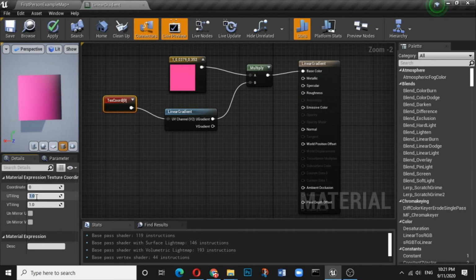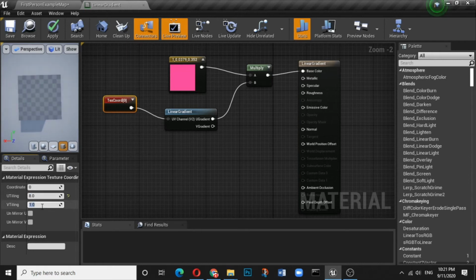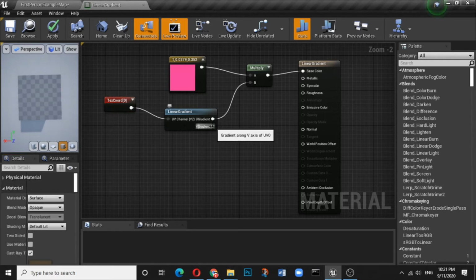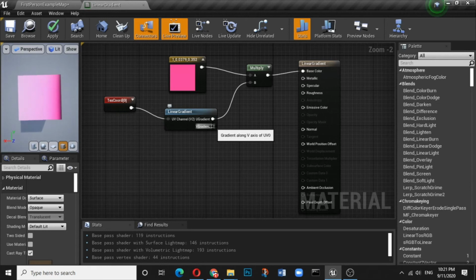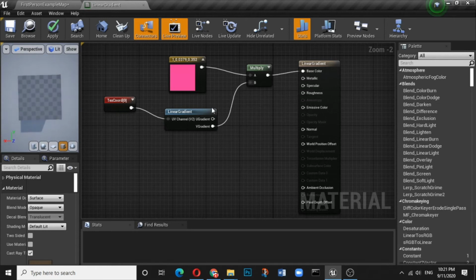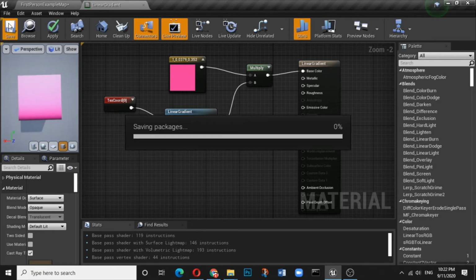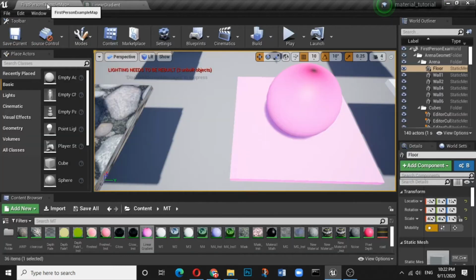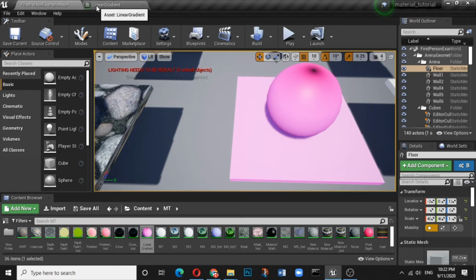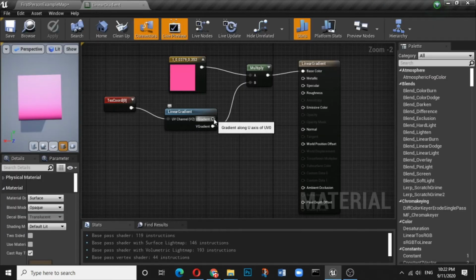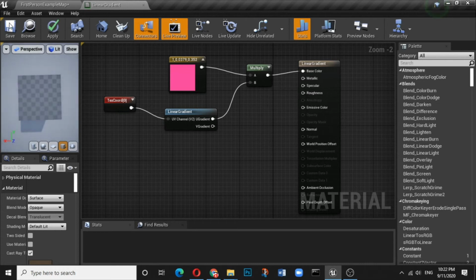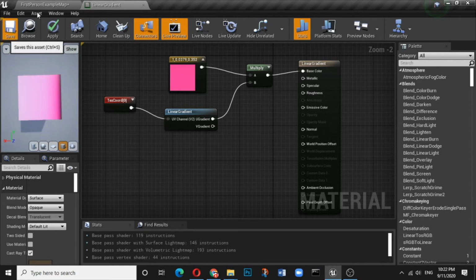So in the U tiling, we make it, for example, 8. So you can see the differences of the gradient, and the brightness increases. Fine. So here it appears on the